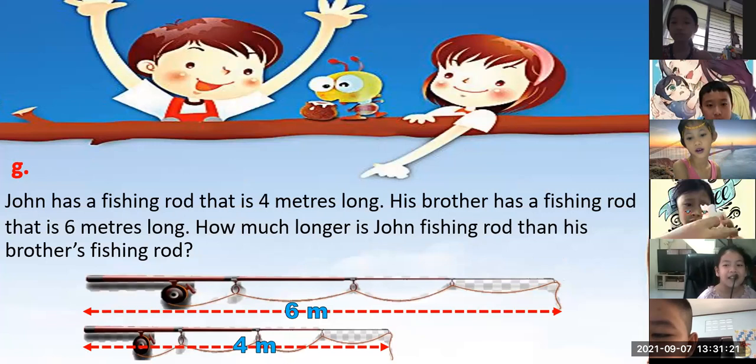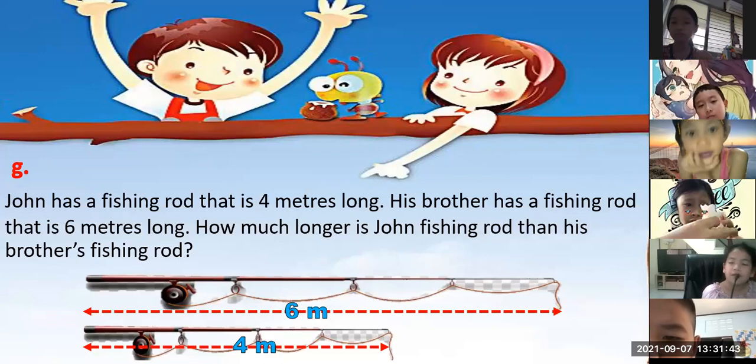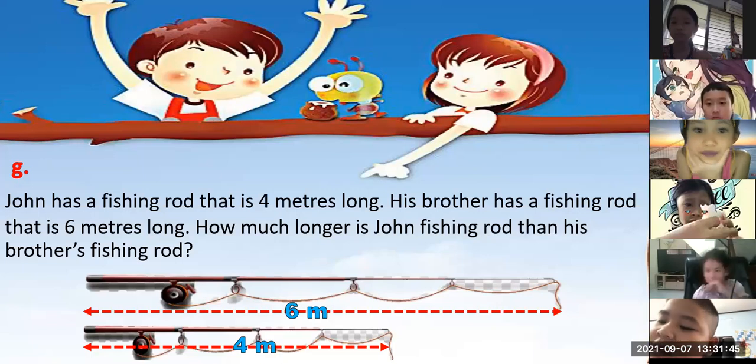His brother has a His brother has a fishing rod that is 6 meters long. How much longer is a fishing rod than fishing rod that has others fishing rod? Other fishing rod